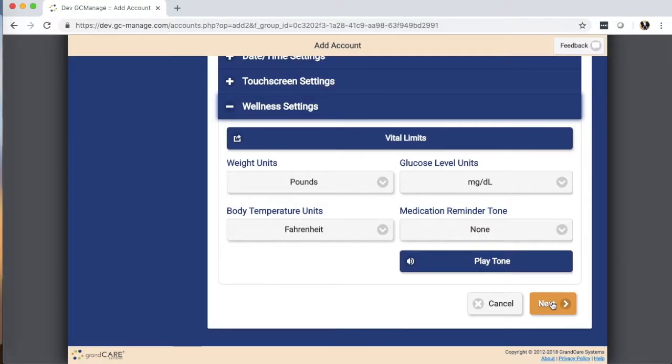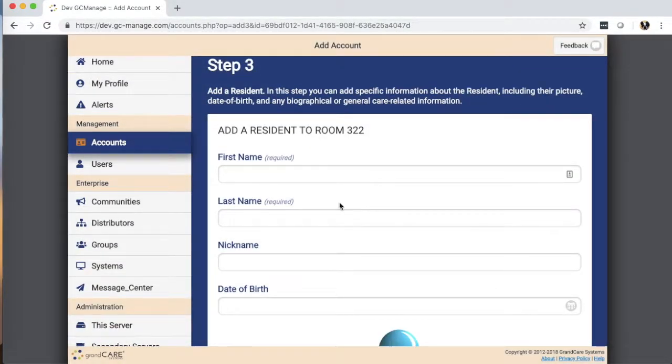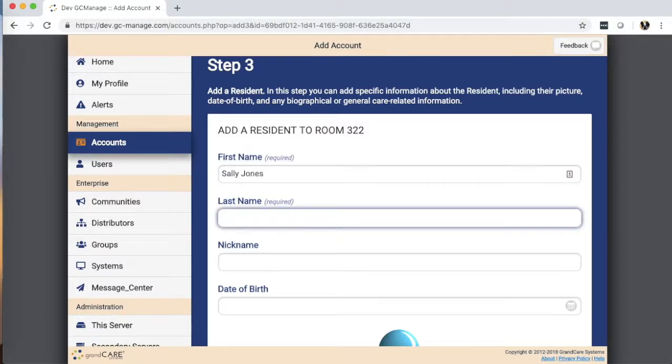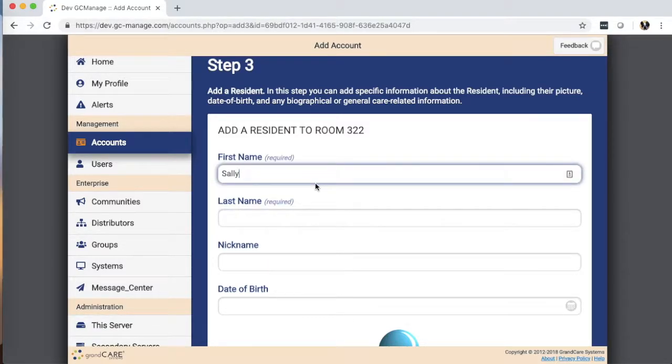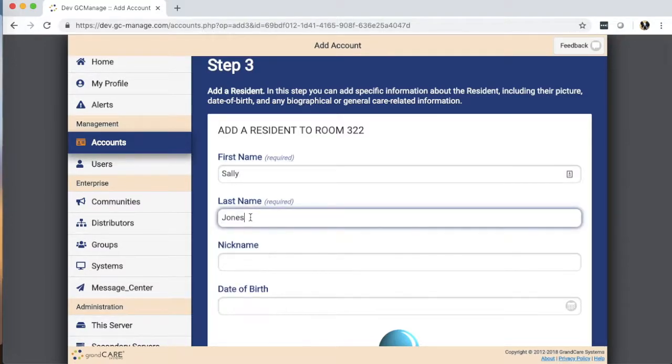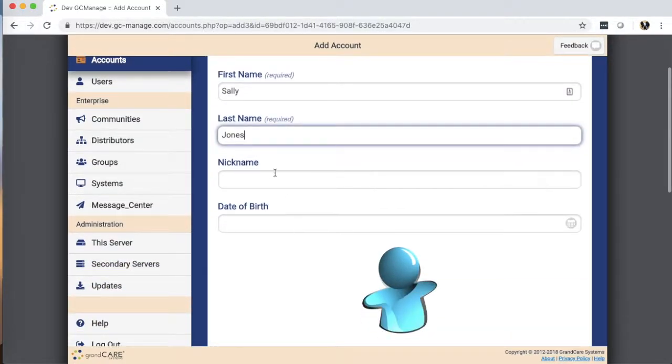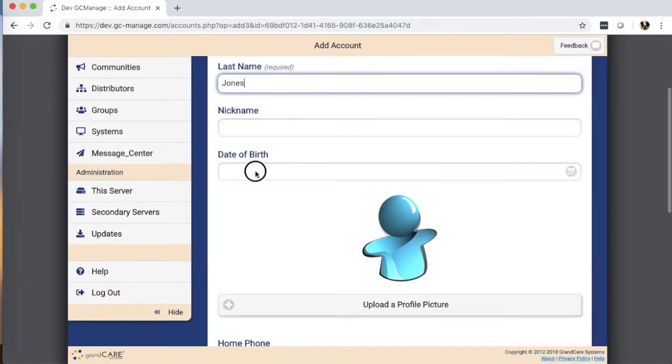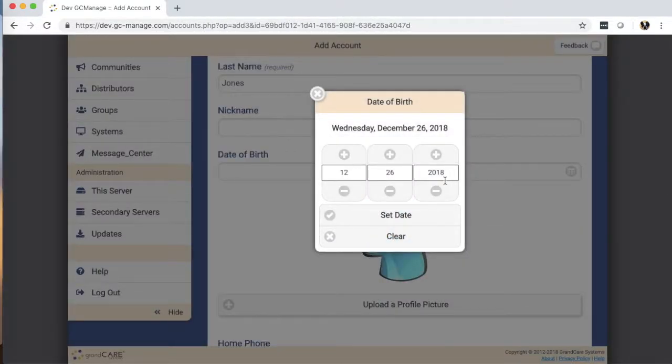Now, let's click Next in our new account creation. Now, step 3, add a resident to this account, right? Every account has to have a resident. So I should do this correctly and put the last name where it goes. You can give them a nickname if you'd like. They should all have a date of birth. That's really, really important that we do that